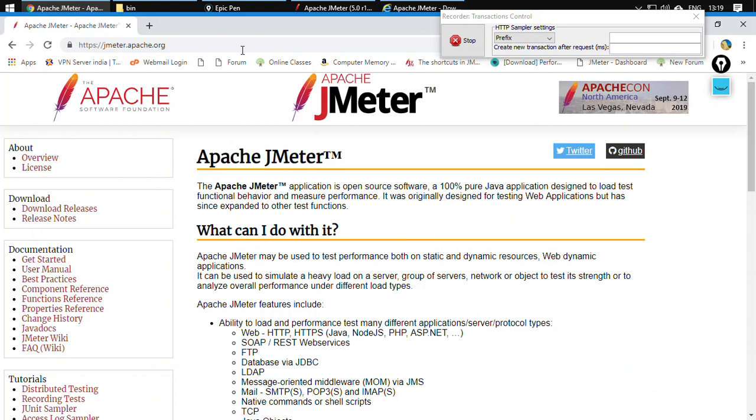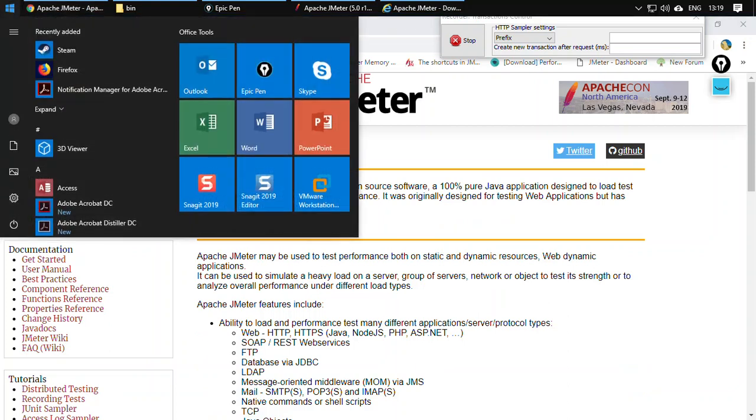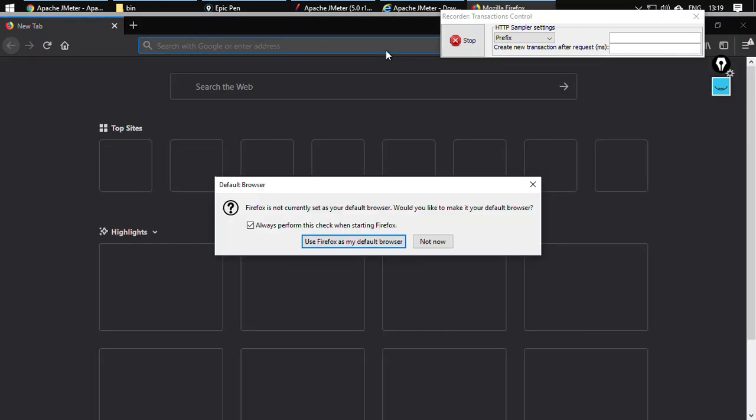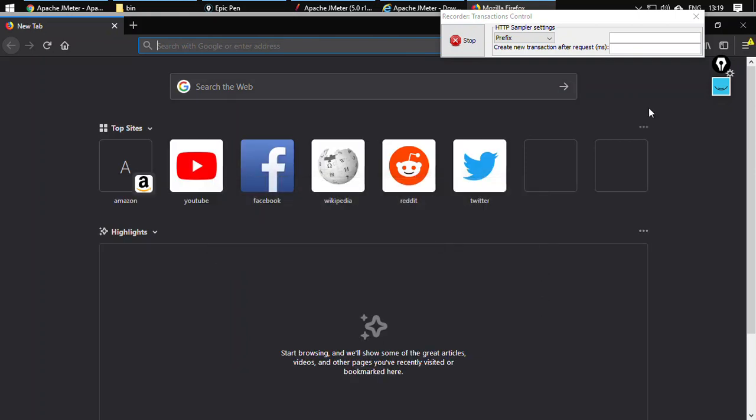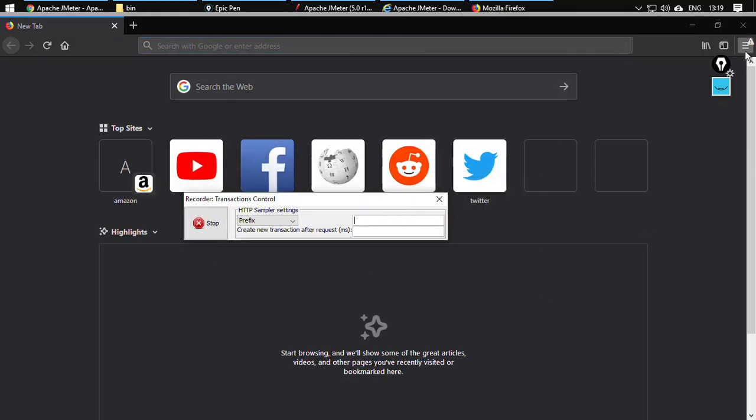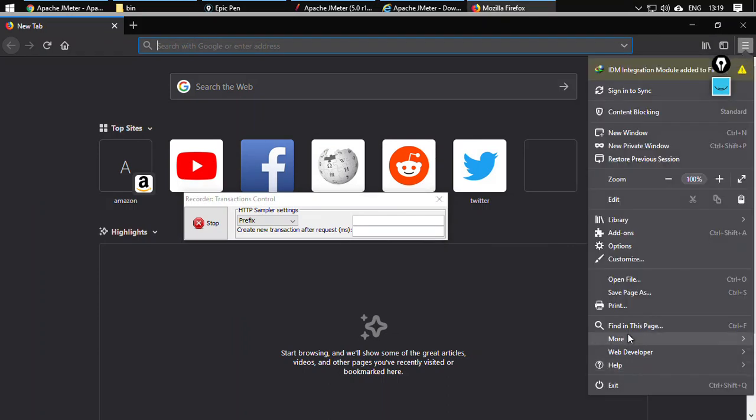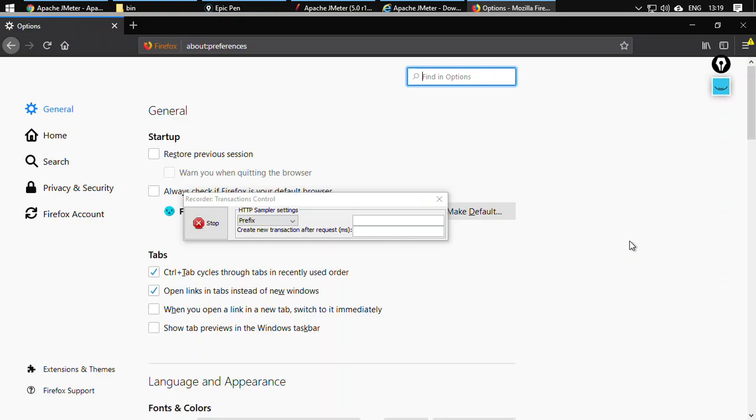Okay, now this part is done. Now what we need to do is that we need to use a browser. So suppose I'm using Firefox. Firefox is one of the browsers which allows you to specify a proxy on its own. We don't need to specify the proxy for the system. Okay. Now what we need to do over here in Firefox, go to menu, then go to options, then scroll